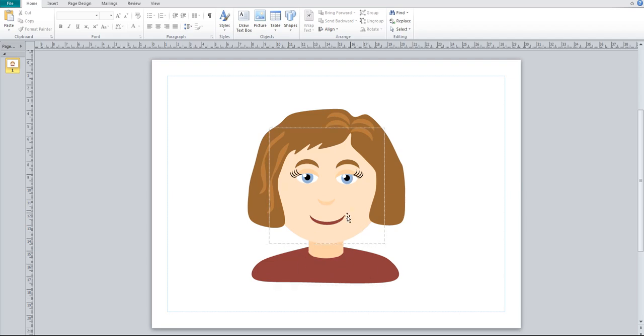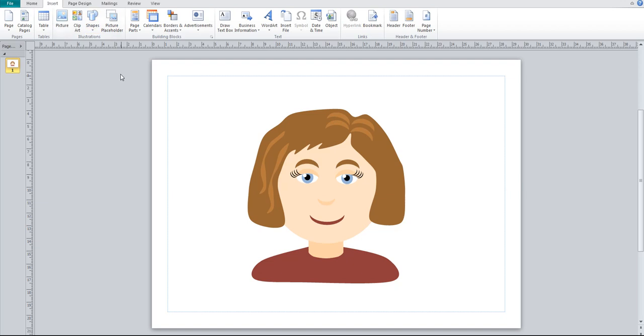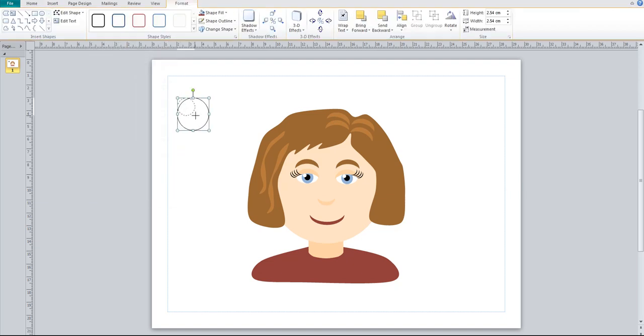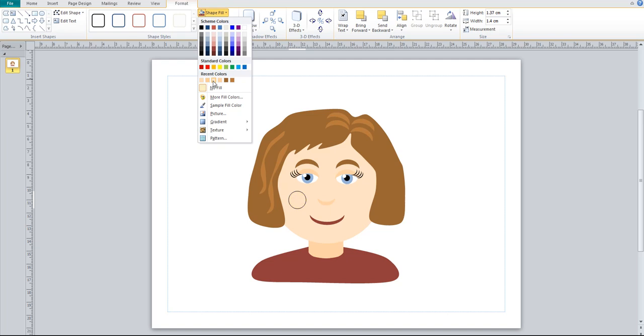Now the last thing I'm going to do is I'm going to just add some blusher on her cheeks, some little colour here on her cheeks, and then maybe I might adjust these because I'm not really that happy with them. I think they're a bit wide. First I'm going to do her cheek colour. I'm going to insert a circle like this and put it on her cheek, and I'm going to fill it with the same skin tone that she's already got,